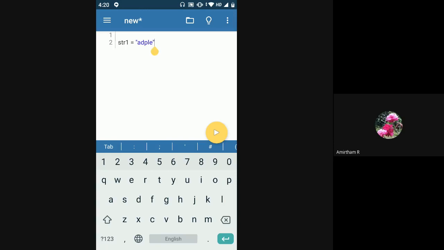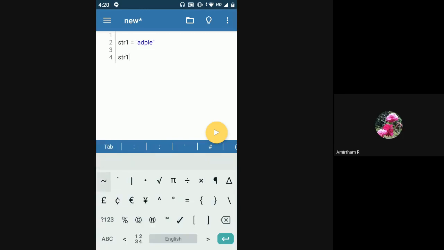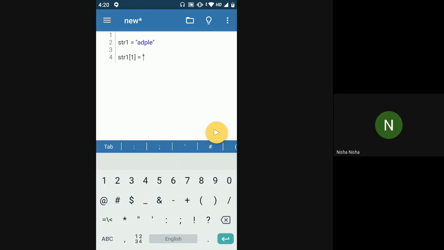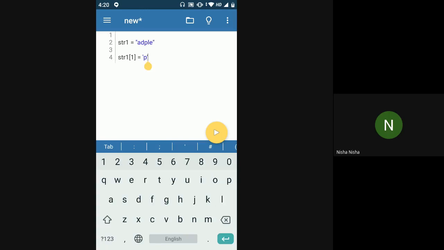So I have to put the character p after a, but by mistake I have written d instead of p. So now I want to change this. Okay, so I'll say str1 of, can anyone tell me what index I have to change? One. Yeah, right, 1. Okay, so I'll say index 1 is equal to p, and then I'll print whatever is the final string.